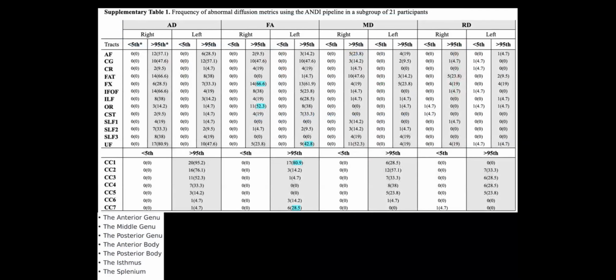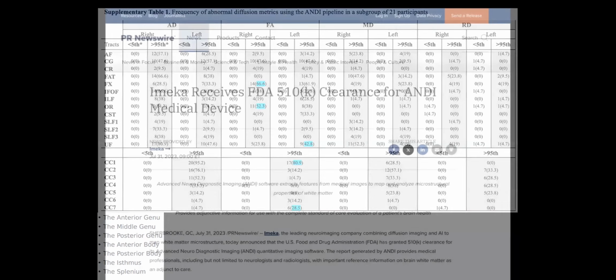And again, using the IMECA on a subset of 21 of the participants, we noted that there were abnormalities in the fornix in particular in 2/3 of the sample. We saw abnormalities in the optic radiations as well as in the corpus callosum in about 80% of the sample. The corpus callosum is the most abnormally injured area in traumatic brain injury, so it makes sense that that's the most abnormal area to see. And then, of course, the fornix is very important for memory functioning as well. So that's also something that we noticed in the highlighted areas.